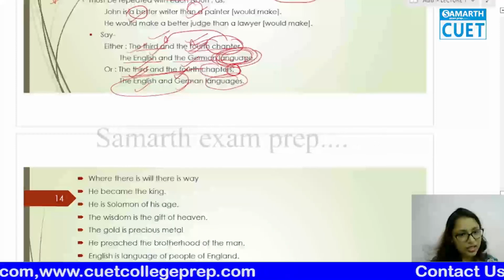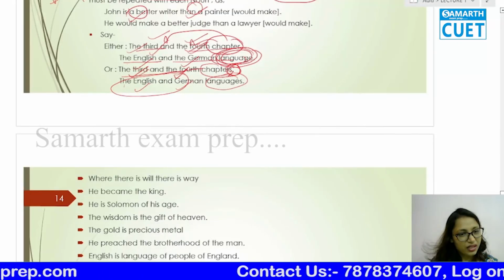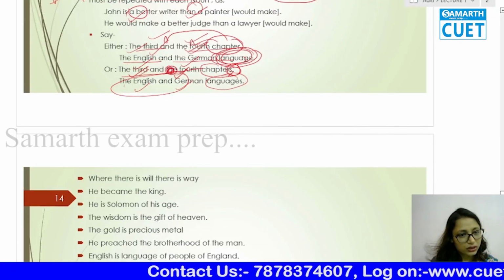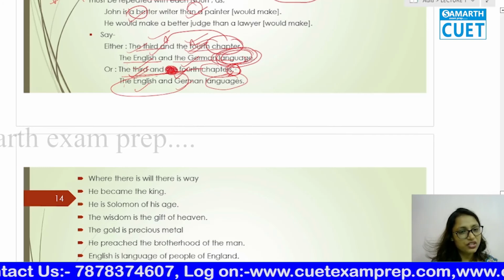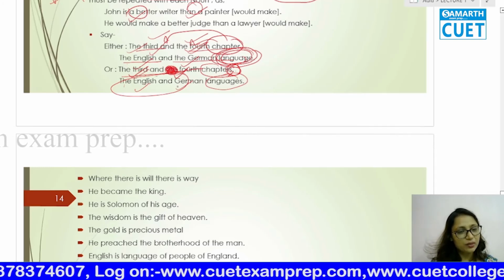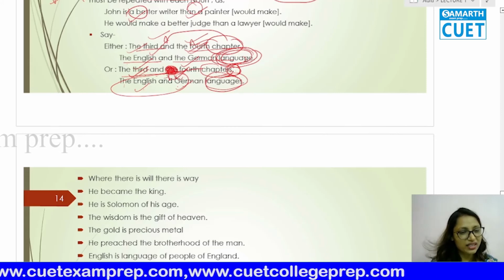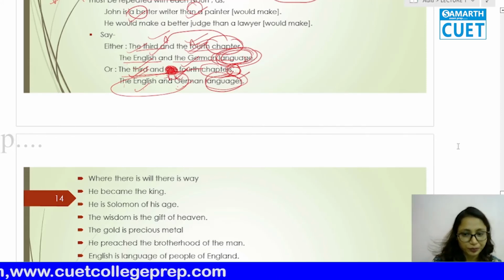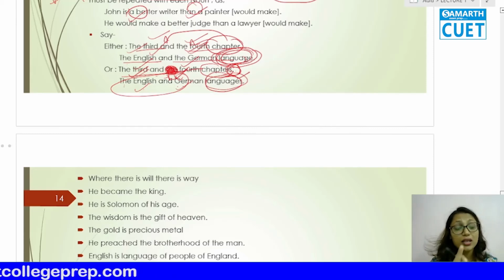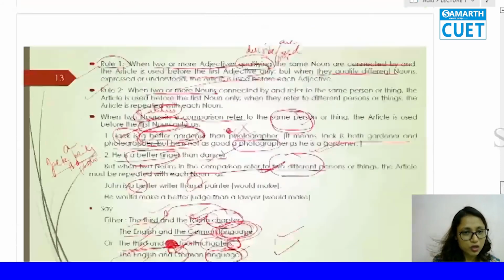The chapters, I'm so sorry about this one. So the third and fourth chapters, the English and the German languages. But if we are going to use 'the' and 'the', we will use 'language' in singular, because we are referring to them both separately. I will tell you this, just to all remember these examples, because I'm sure you will get confused